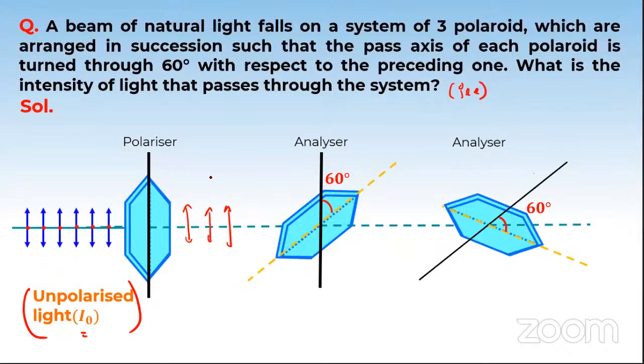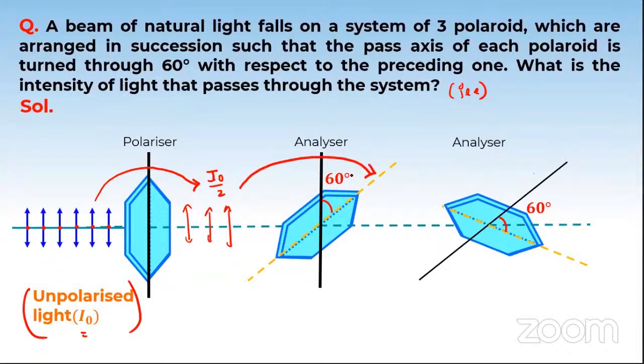Yeah, that's correct. So I naught by 2. For the first time, when unpolarized light becomes polarized, its intensity becomes I naught by 2. Gunesh, you have to remember this concept. Now I'm using a polarized light already, and I'm taking that polarized light and passing it through